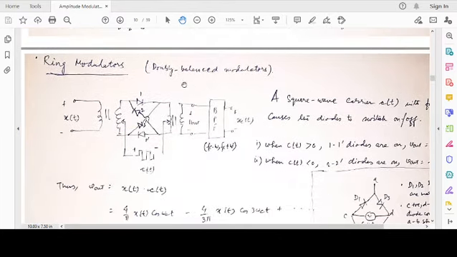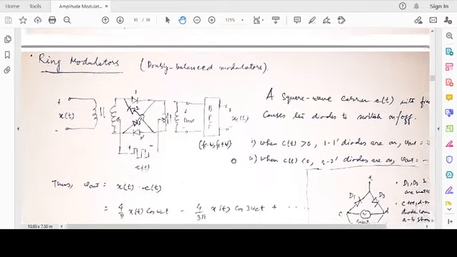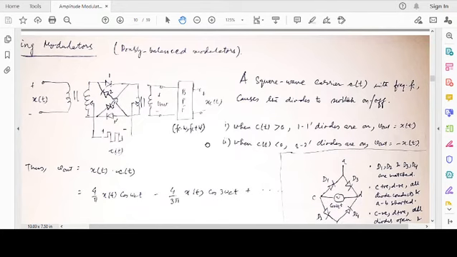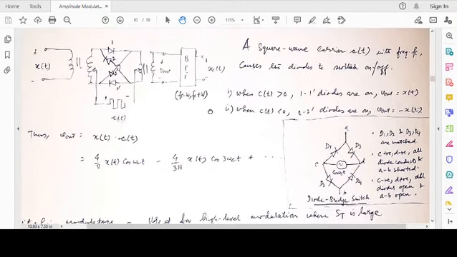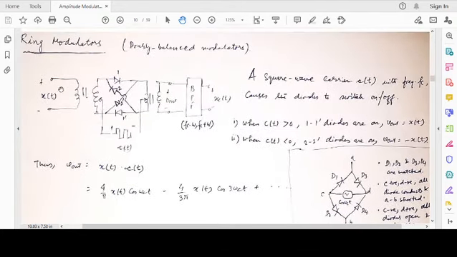Next, we discuss the doubly balanced modulator. So far we discussed singly balanced. Singly balanced was balanced with respect to only one input, which is the carrier frequency. Doubly balanced is balanced with respect to both inputs, that's why it is double. One very important example of this broad philosophy is a ring modulator. We'll take a practical circuit example. In the ring modulator, you have an input signal xt coming from here, coupled through a transformer.